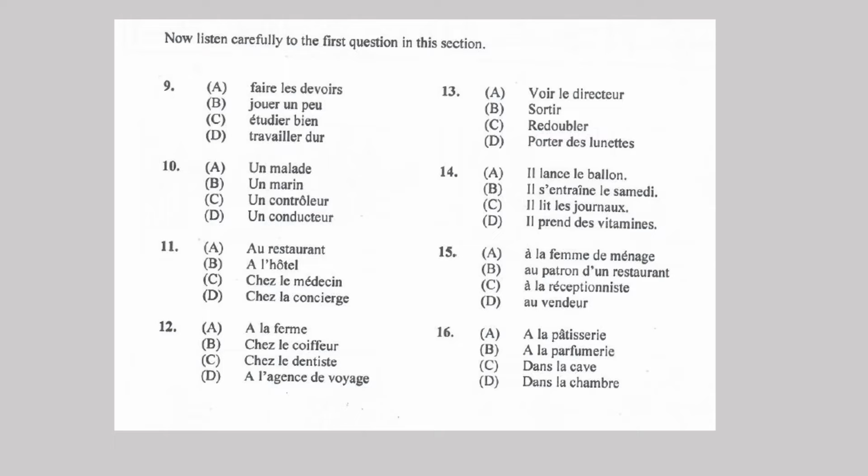Question number 11. Madame, pour la toux, il faut prendre une cuillerée de sirop 3 fois par jour. Cette dame se trouve...